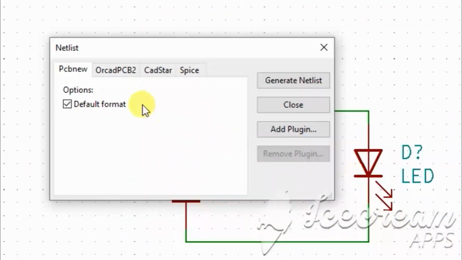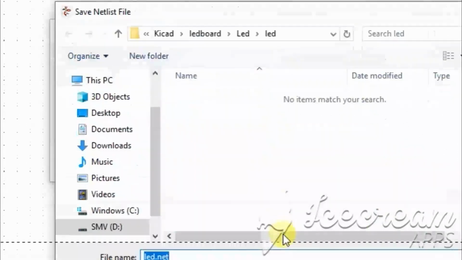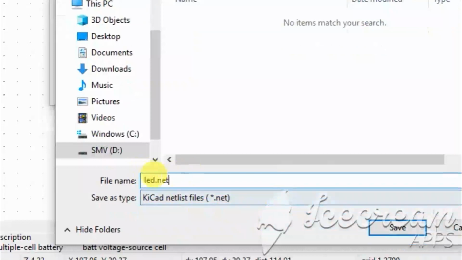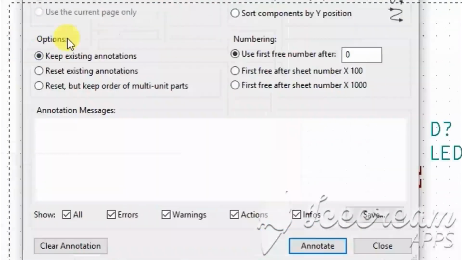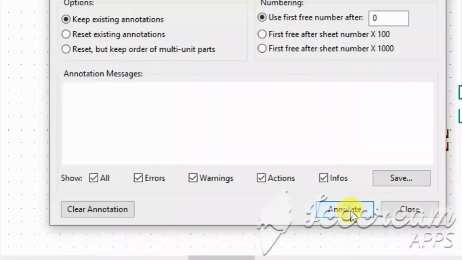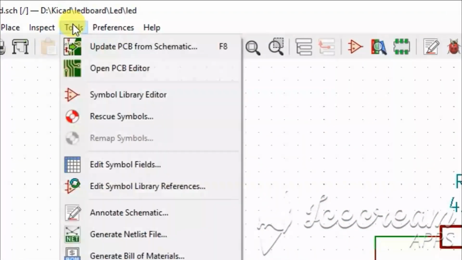This netlist file dialog box opens. The netlist file name is already typed, and you only click save. Click save.